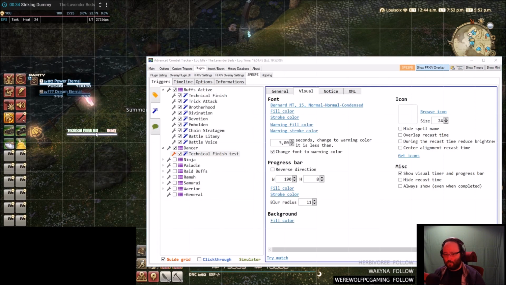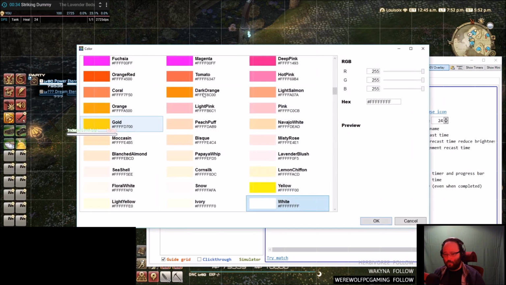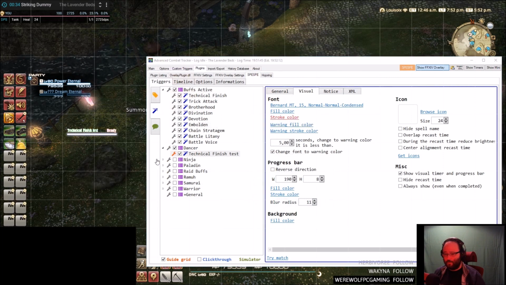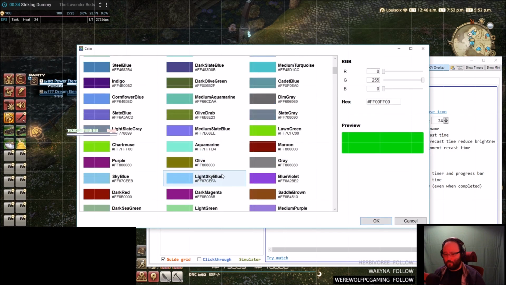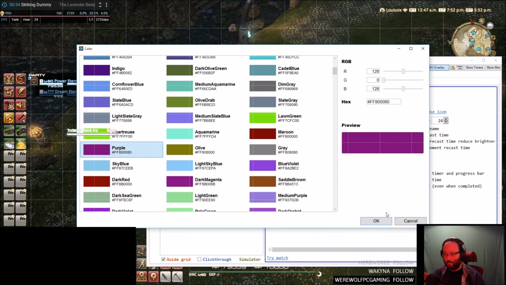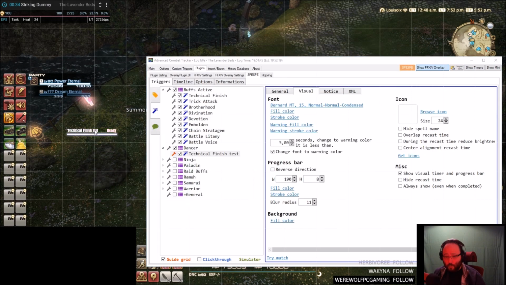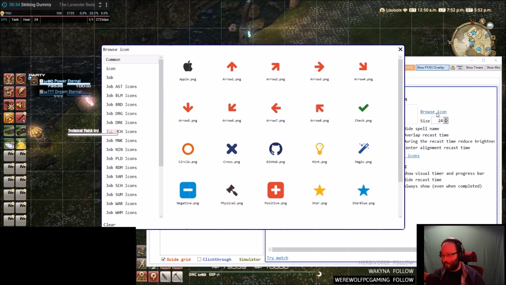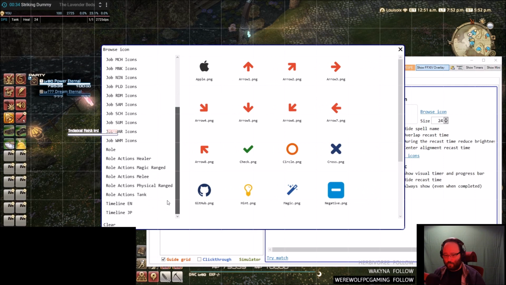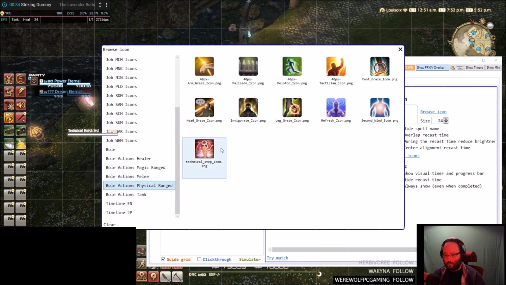Green. See, yeah, it's the outside of the text. Let's make the stroke color red. Or purple. Let's make it purple. You can barely see it, but it's purple now. Okay. Now what we're gonna do is I want an icon, and the icon I want to set is the